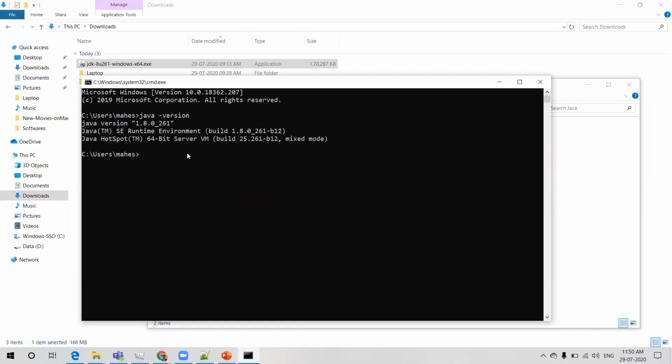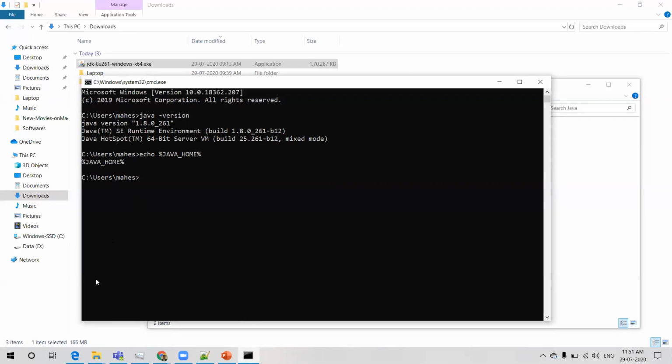Now Java is installed. Now we wanted to configure the Java home variable. How to do that? Before configuring the Java home variable, let's verify if it's already set. For that, we need to type echo JAVA_HOME. This has to be in percent signs, 2 percent signs. Click on enter. So you can see the same value written, meaning Java home is not set.